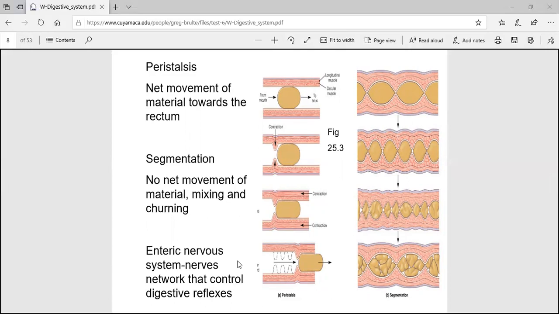You don't have to think about digestion, right? It just happens. And that's why in paraplegics, even though they've had a spinal cord injury, they can still, most usually, if you give them food, it'll just go right through their digestive system normally because of these reflexes. So anyway,